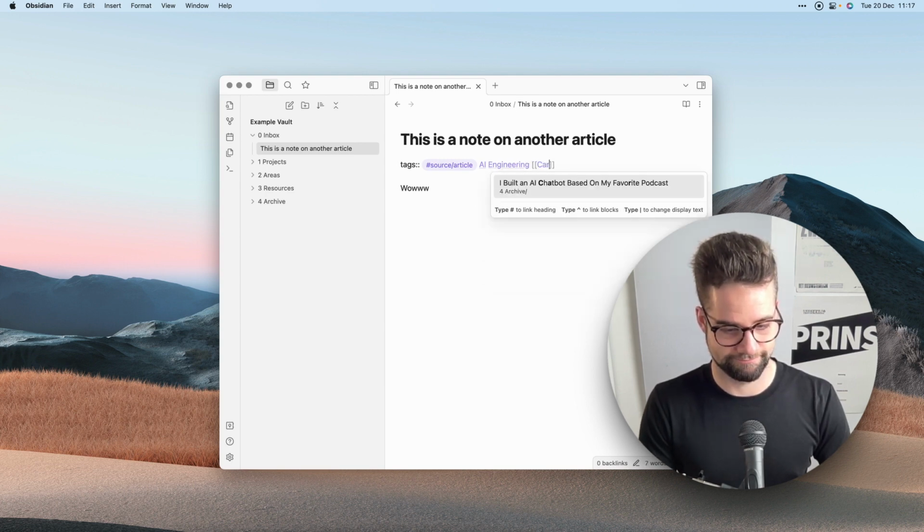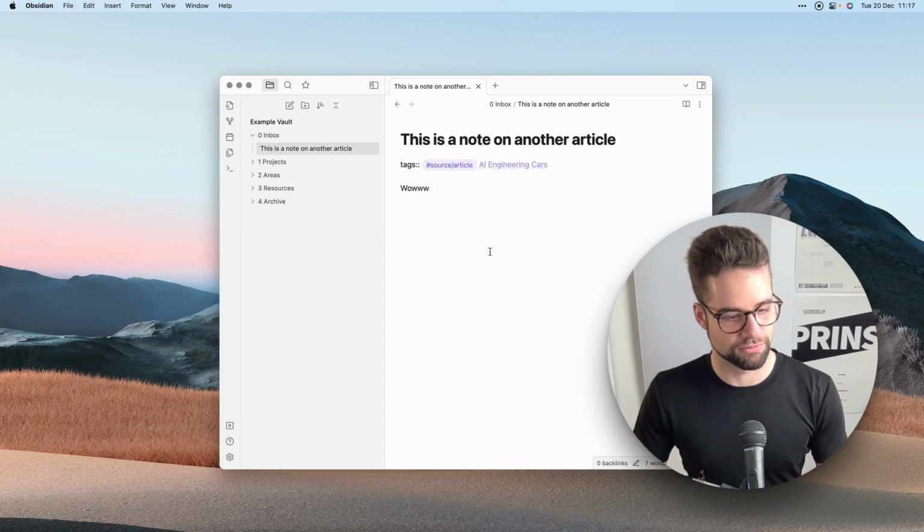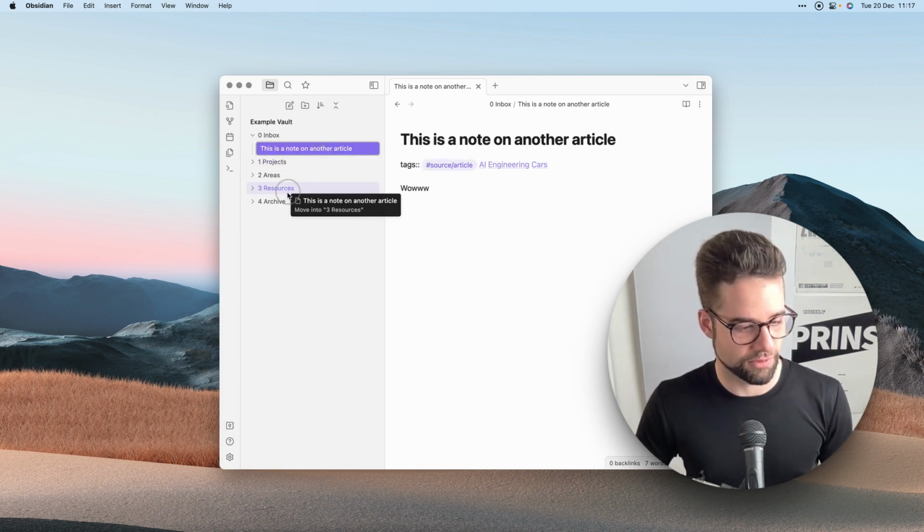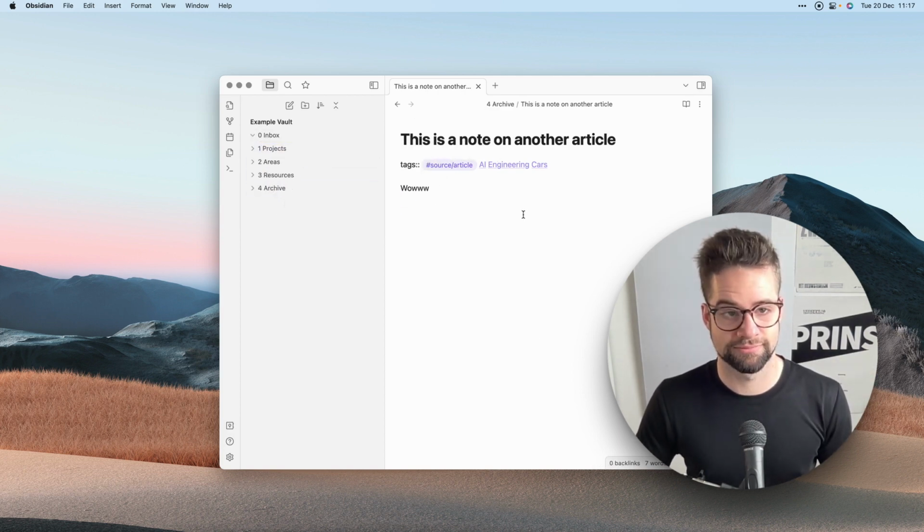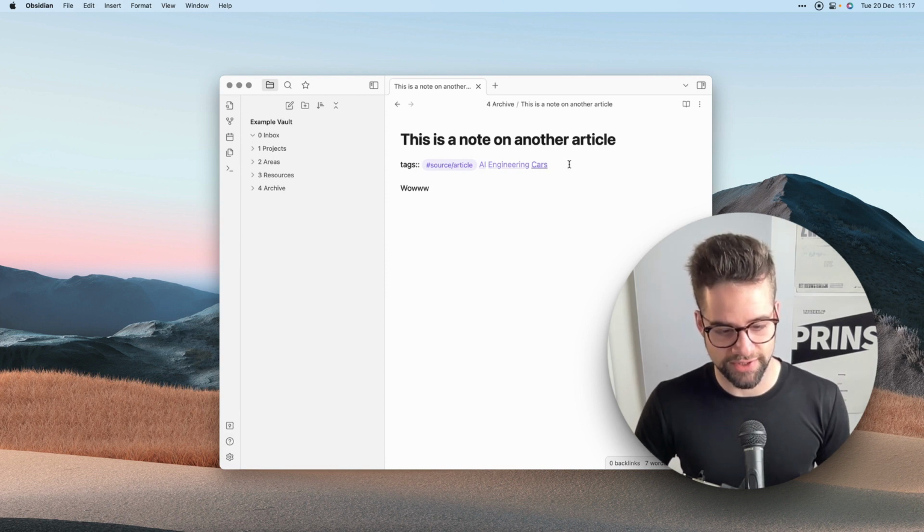Specifically, it's about cars. There we go. Cool. So we've processed this article and we'll move it to the archive as well. Nice. So these other pages that don't exist yet, let's actually go and create them so that we have something